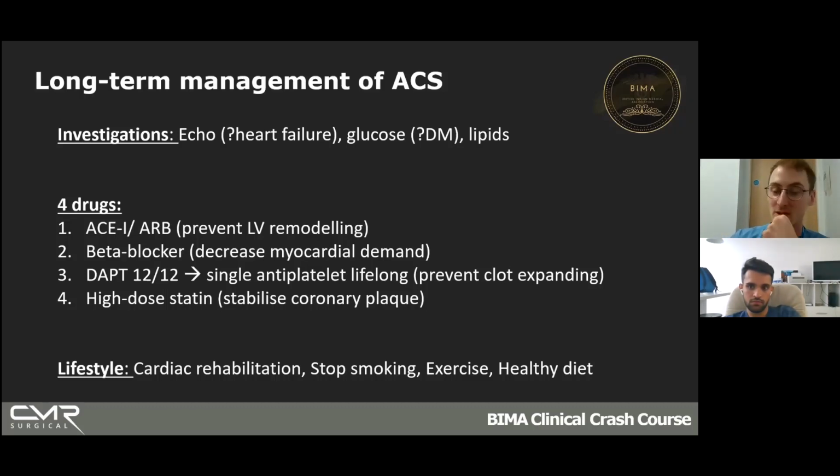Number 2 is a beta blocker, so bisoprolol. This decreases the amount of demand from the sympathetic nervous system on your heart, so it beats less strongly and doesn't need as much blood to beat. And again, that improves your mortality. Number 3 is DAPT, which stands for dual antiplatelet treatment. This can be your aspirin and your second antiplatelet. You give both of them for 12 months, and after that, the bleeding risk of both of them starts to outweigh the benefit. So then you switch them to aspirin only for the rest of their life. This stops the clot in their artery getting bigger and stops them clotting up again.